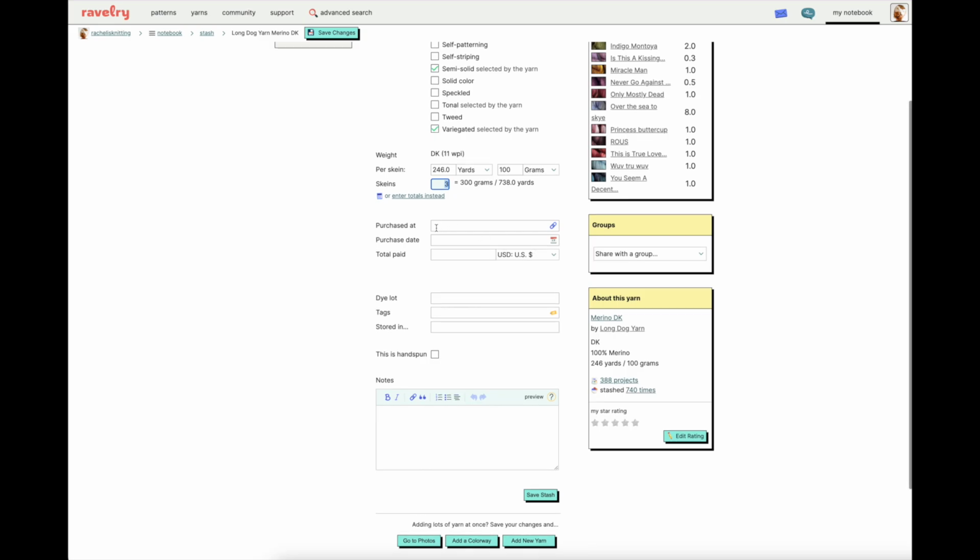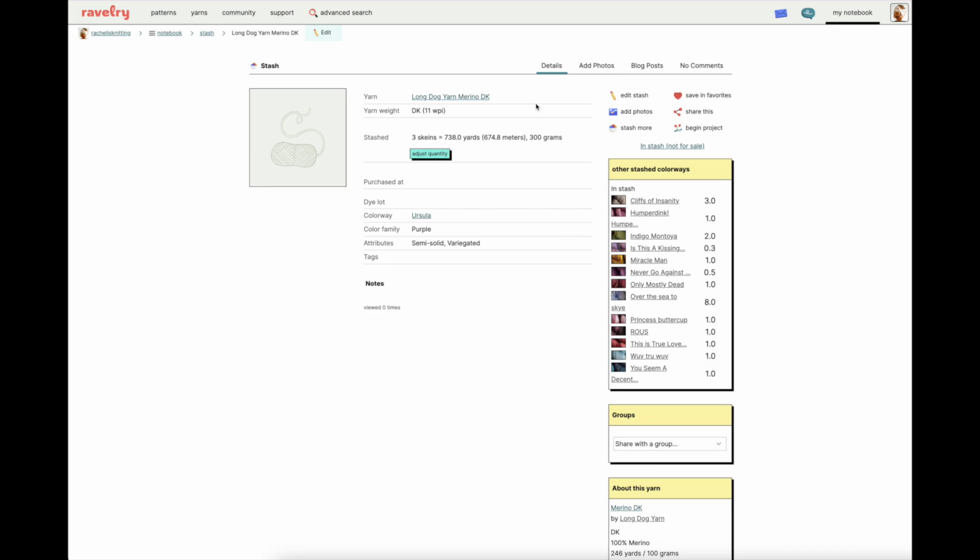You can then add information on where it was purchased, the date of purchase, how much you paid for it, the dye lot, any relevant tags you'd like to use for your own reference, and then you can put where it's stored in, as well as any notes you'd like to add to the bottom of the yarn card. Once you're done, click Save Stash, and you'll see that the completed yarn card is all set and ready to